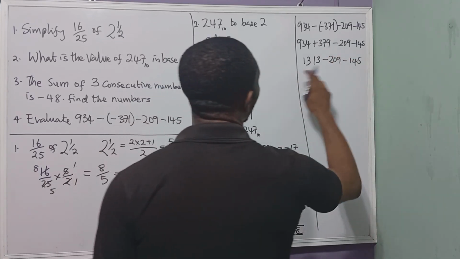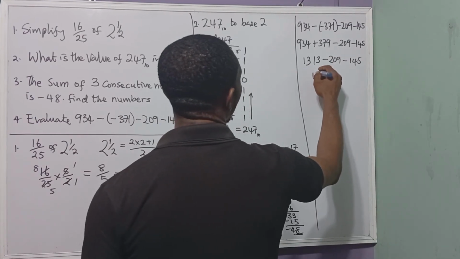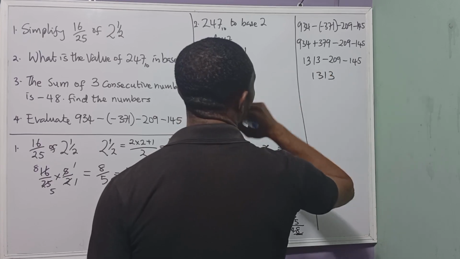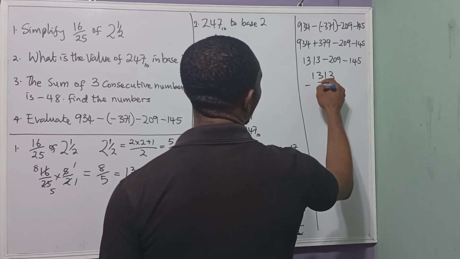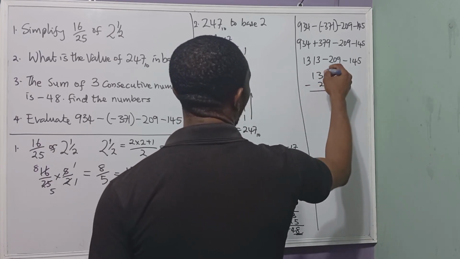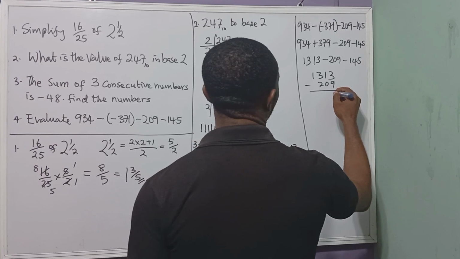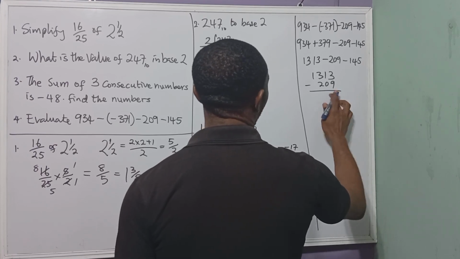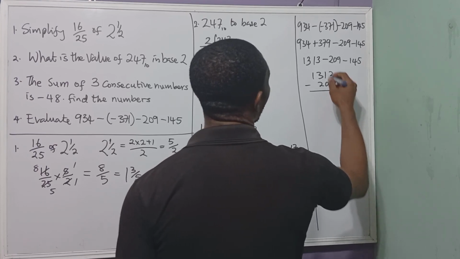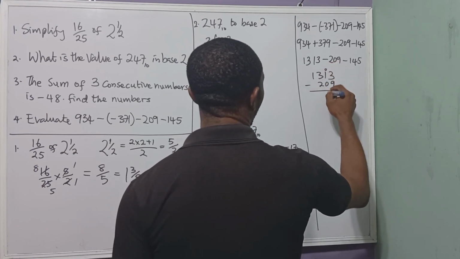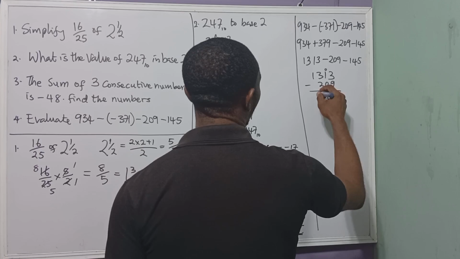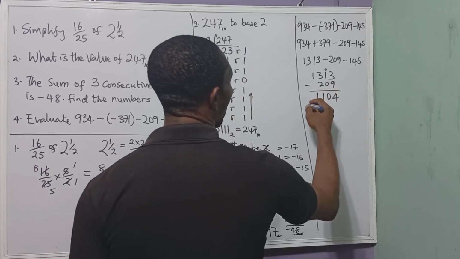Okay, now we have 1313 minus 209. 13 minus 9 gives us 4. So this is 0. 0 minus 0, 1, 1. So 1104 minus